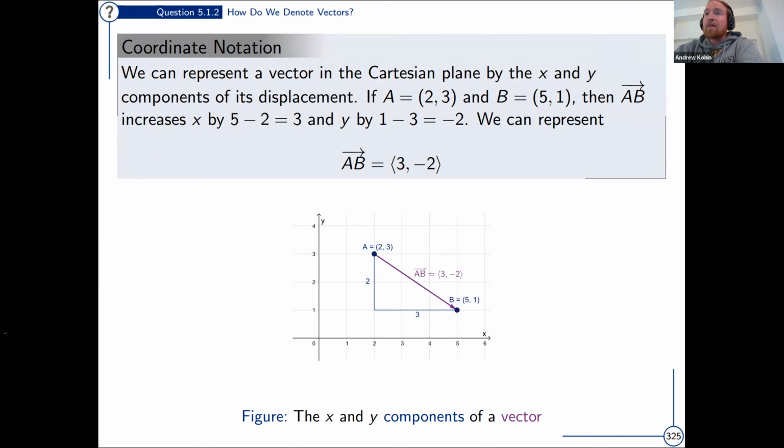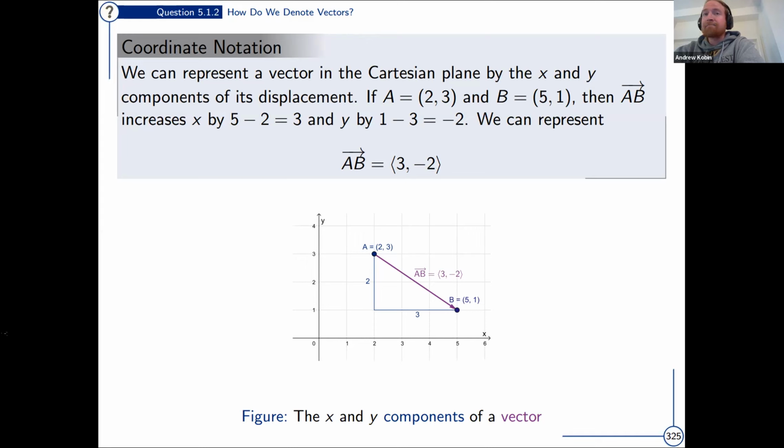So if we are considering vectors in the XY plane, we can represent any vector, which again is uniquely specified by its length and its direction, instead by a pair of coordinates. We'll call them the X and Y coordinate, but you should really think of the X and Y coordinates of a vector not as giving some point in the XY plane, but as telling you the displacement along the arrow